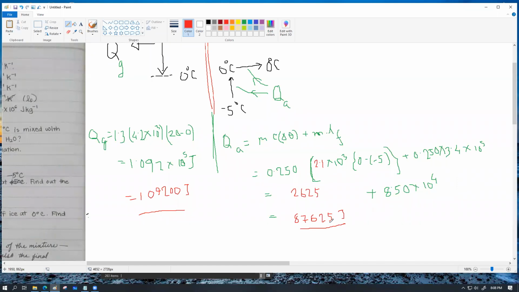Try to appreciate this logic: all the heat energy that you have available from the hot water can be utilized to make the entire ice temperature rise from -5 to 0 and also completely melt, and you'd also have some energy left, which means all the ice would be melted. Can you appreciate that? Yes, sir. এই স্টেটমেন্টটা অ্যাকসেপ্ট করা যাচ্ছে কিনা লজিক্যালি, ওই স্টেটমেন্টটাতে আসার জন্য আমি এই ঝামেলাটা করছি।